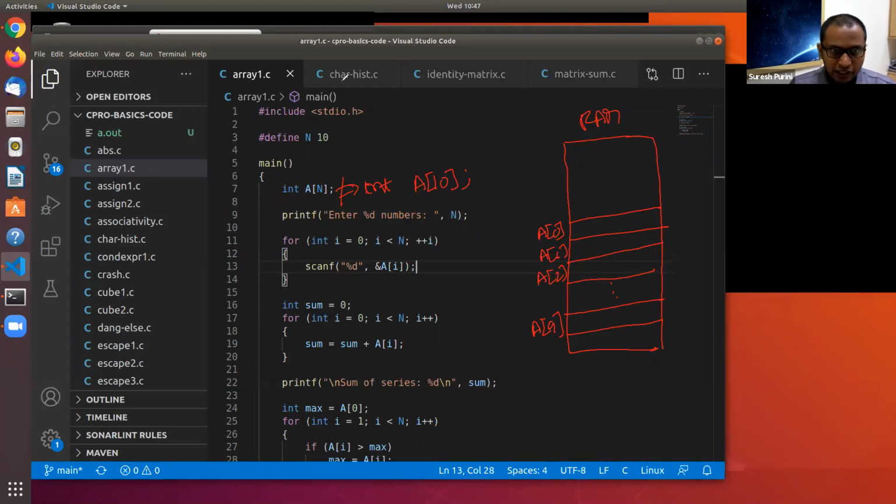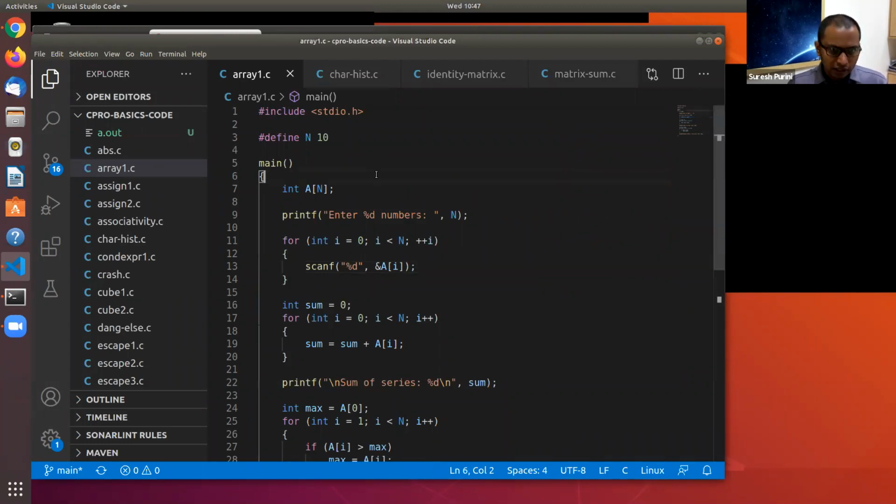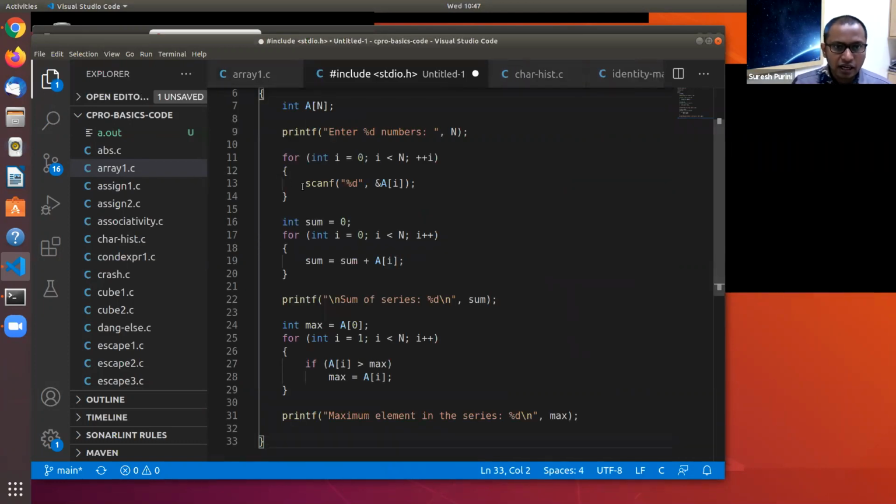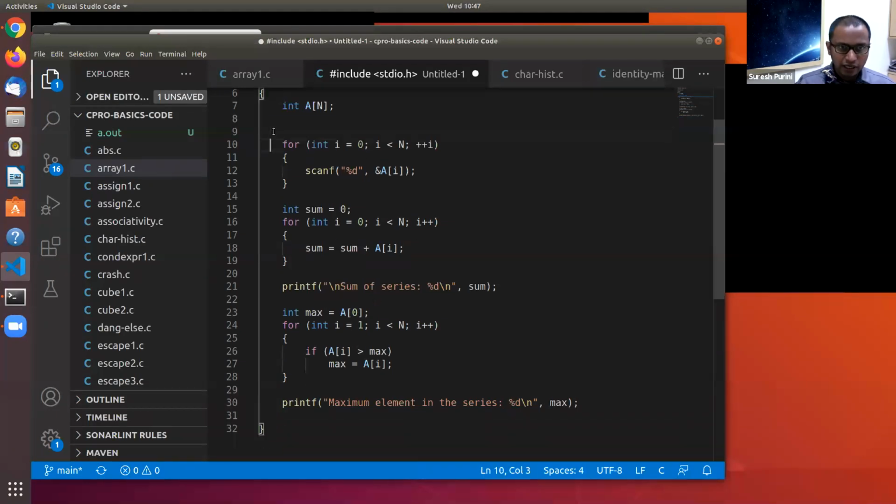So let's write a program actually to understand the layout of these elements. I'm just printing the address of the array elements.